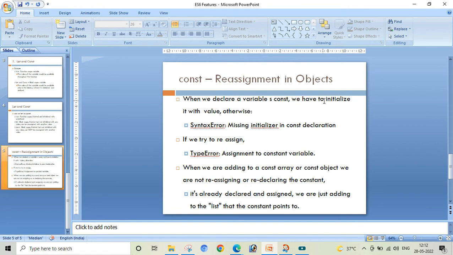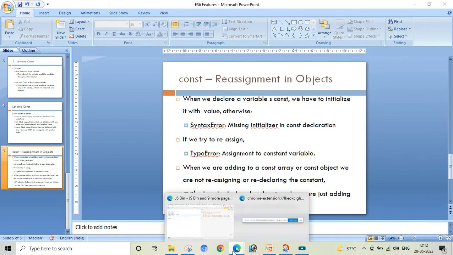But we can access one of its properties and reassign it, because the pointer is not pointing to the entire array. It is just pointing to an element. So it is fine with that. It is already declared and assigned. We are just adding to the list that the constant points to. So if the entire array or the entire object is getting reassigned, that is not possible for the const case. For an example of that,